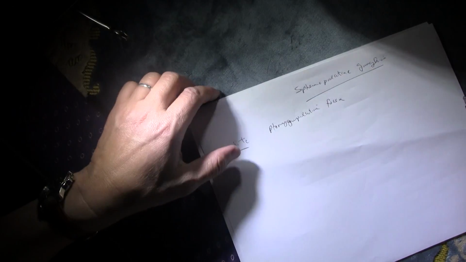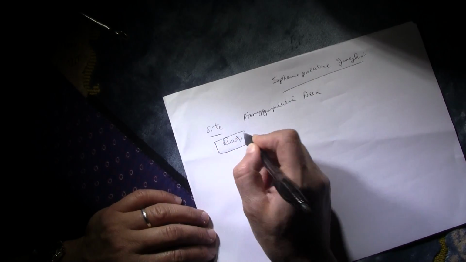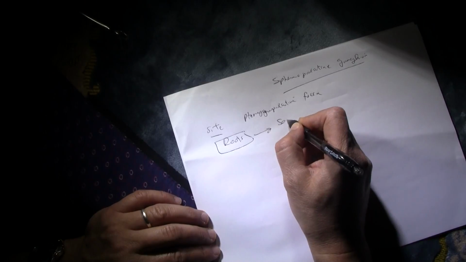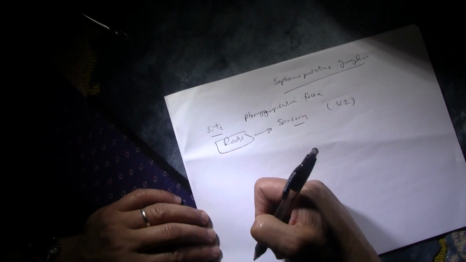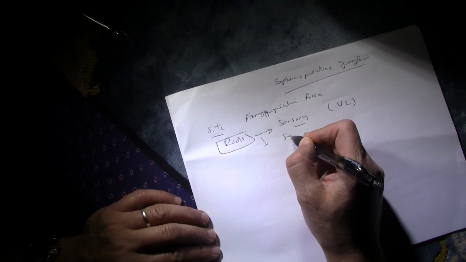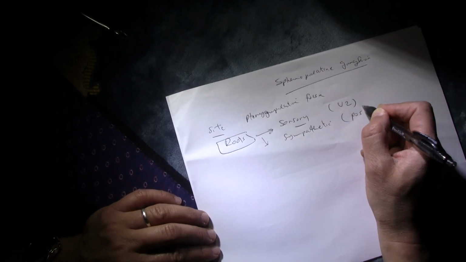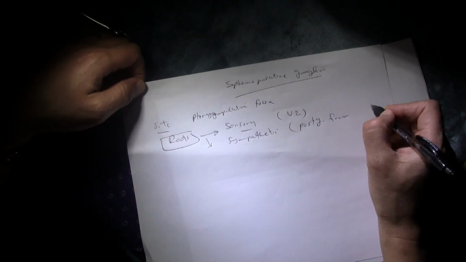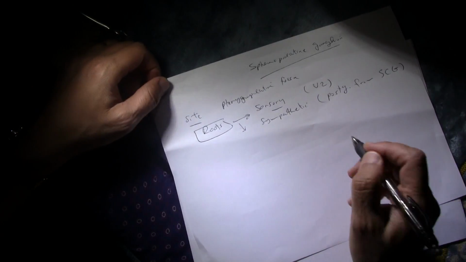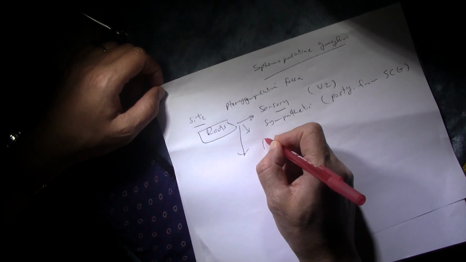So for any parasympathetic ganglia, as I mentioned before, you need to remember that it has 3 roots. One is sensory, and in our case here it is coming from V2 maxillary nerve. One is sympathetic, which comes as postganglionic fibers from superior cervical ganglion. Then the functional root, which is the most important root, is parasympathetic,